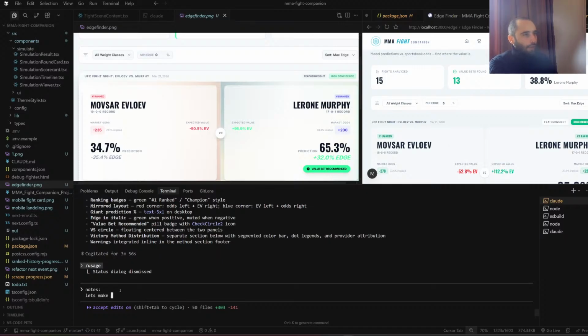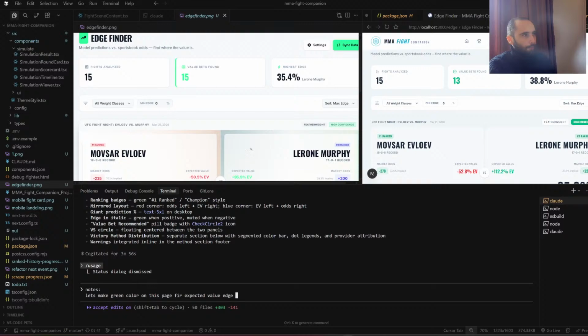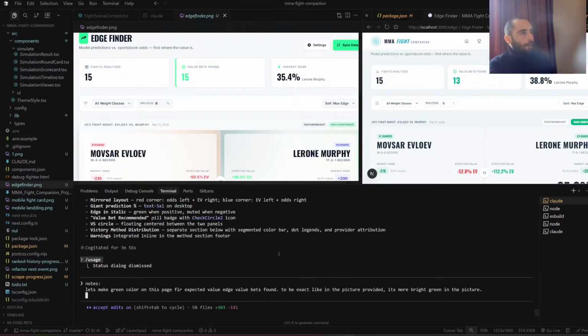Let's make a green color on this page for expected value edge, value bets found, to be exact like in the picture provided. It's a brighter green in the picture. That's the first note. Second note,